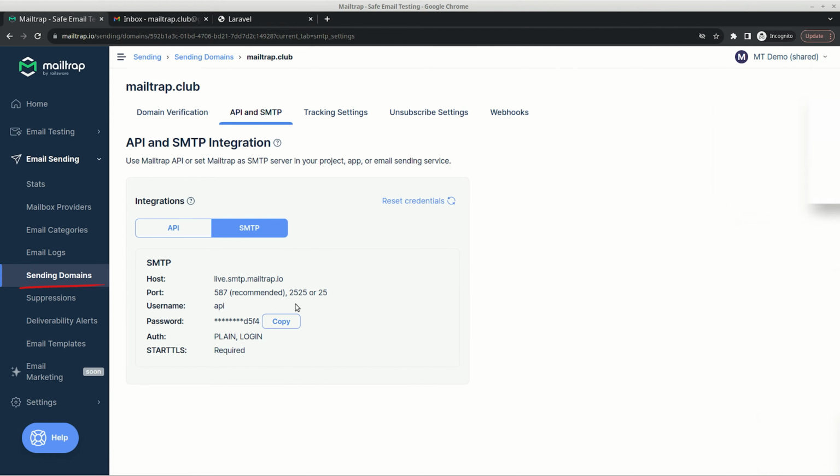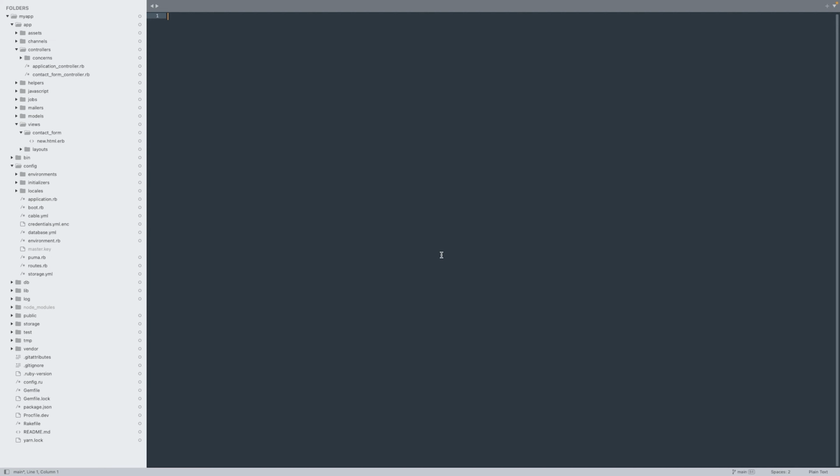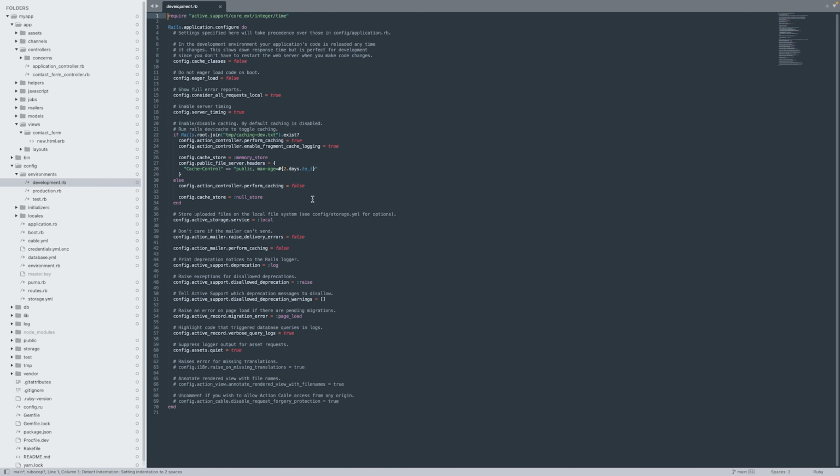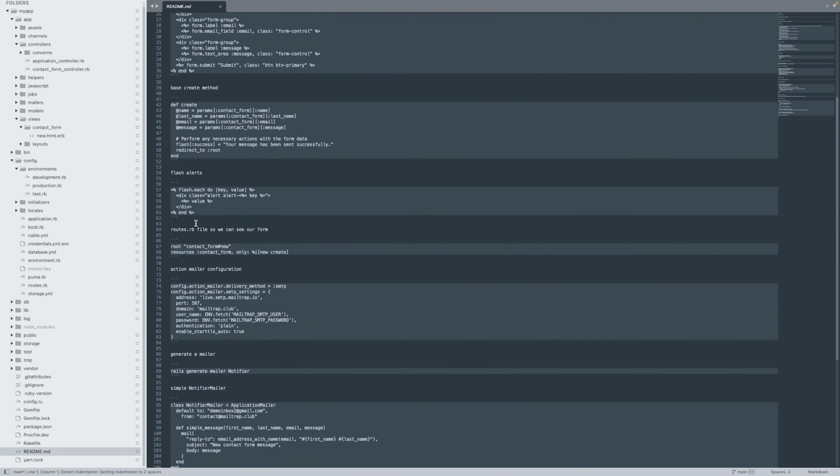Alright, so now we know how to create the form. Next, let's configure the form to send emails via Action Mailer using Mailtrap's SMTP server. First, you'll need to sign up to Mailtrap, verify your domain, and create a new inbox. After that, you can set up the Action Mailer in the development.rb configuration file to use SMTP with your unique